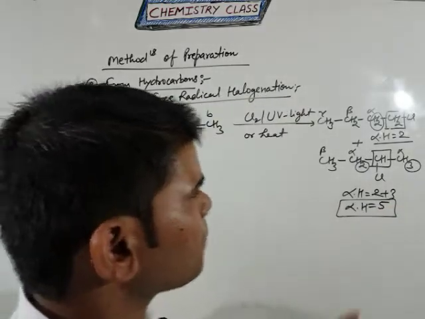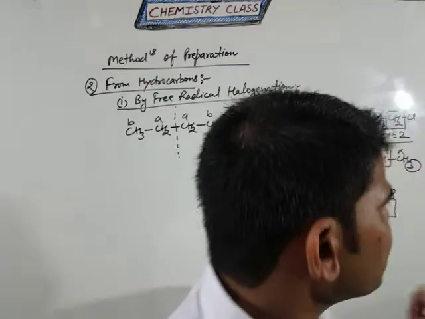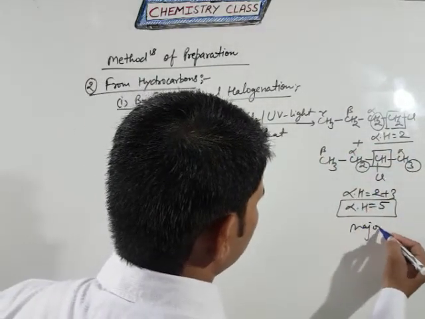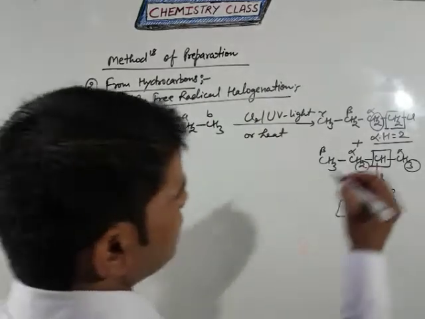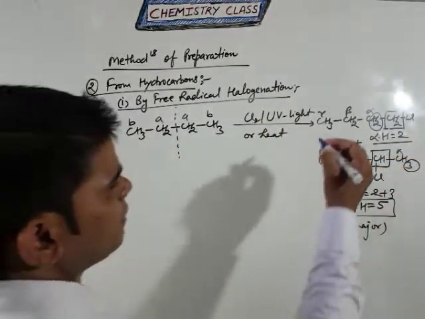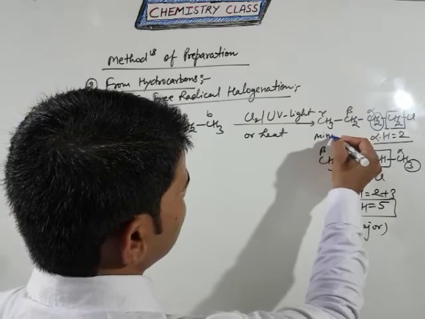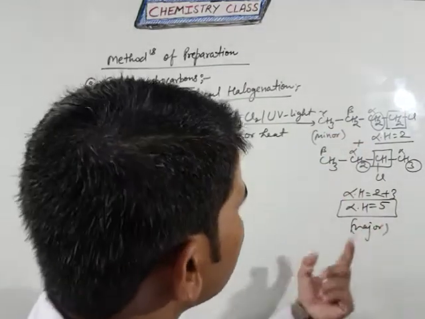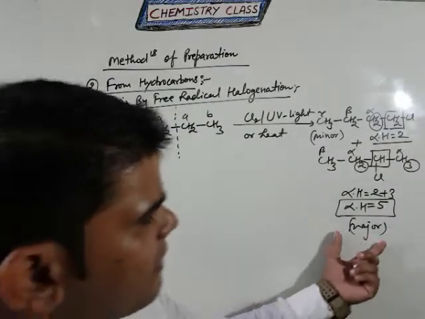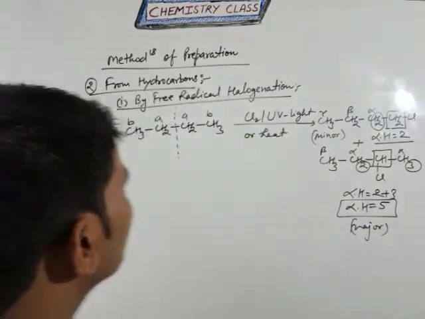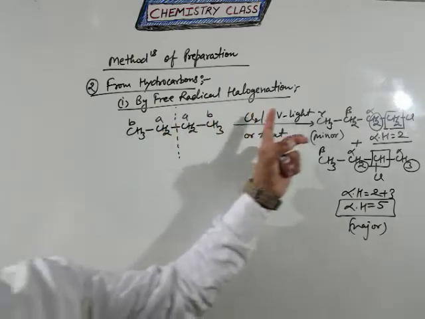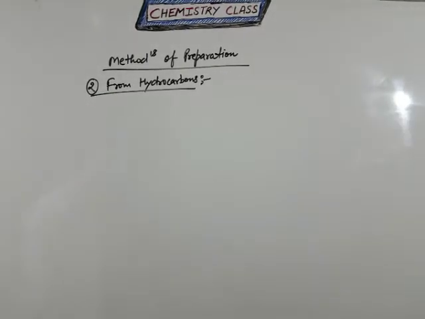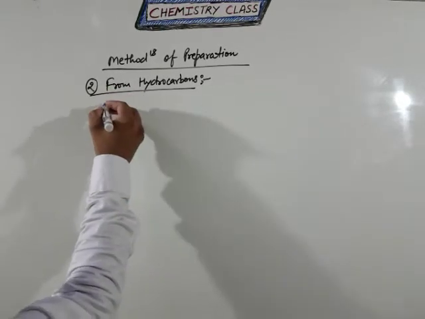So students, remember one thing: if the alpha hydrogen count is more, that is considered the major product, and the one having fewer alpha hydrogens is considered the minor product. This is the best concept for deciding the major and minor product in free radical halogenation reaction. So now come to the next one,